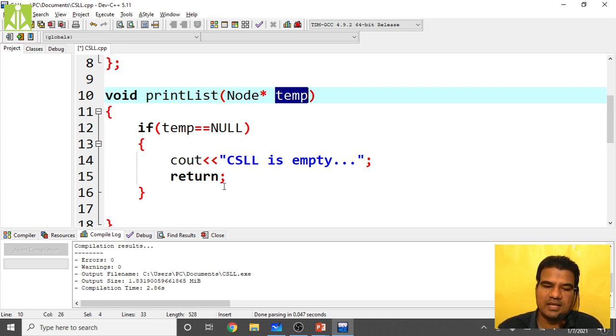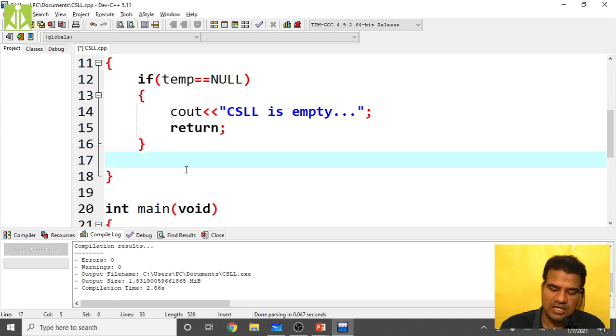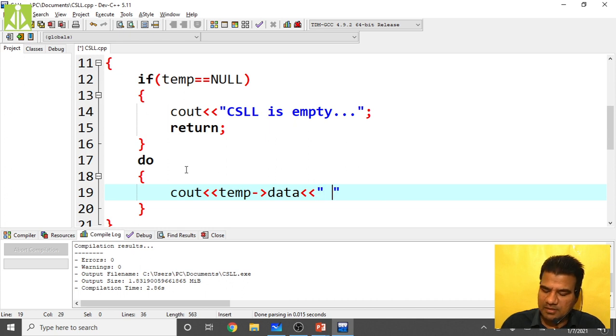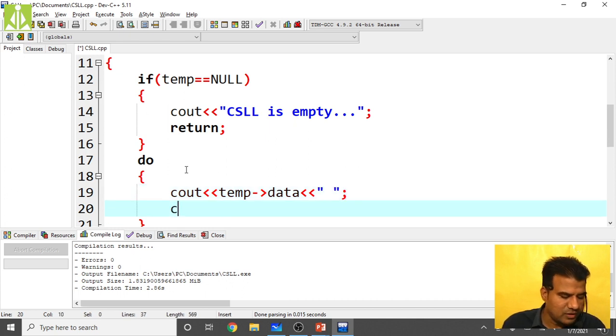Otherwise, we do cout of temp of data first, then take some space in between. Then temp equals temp of next.